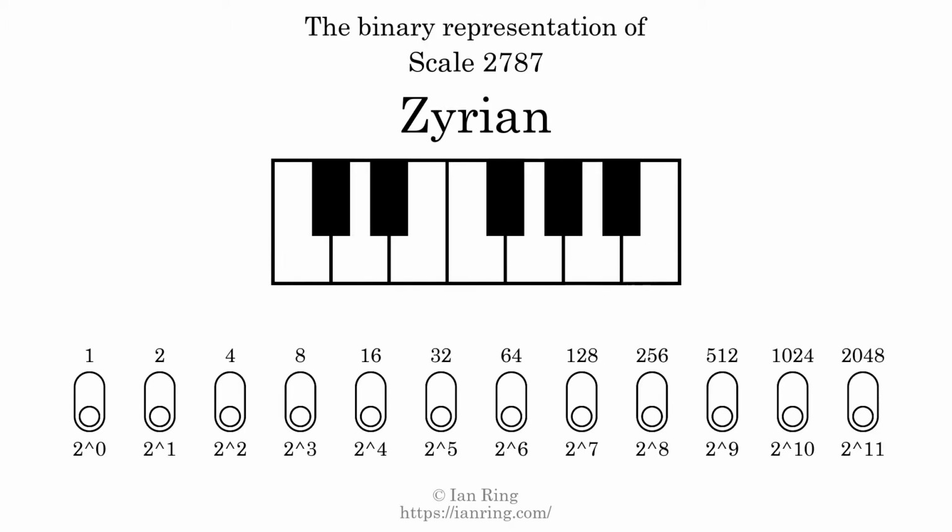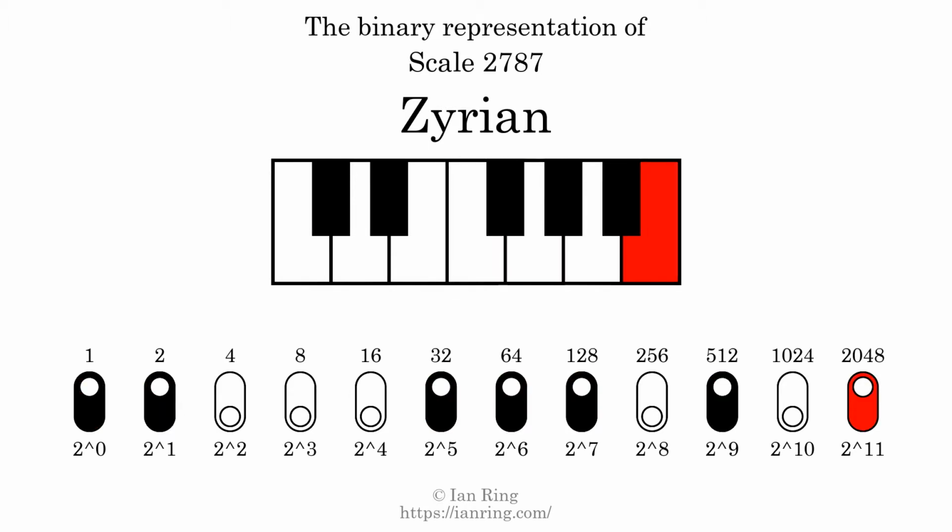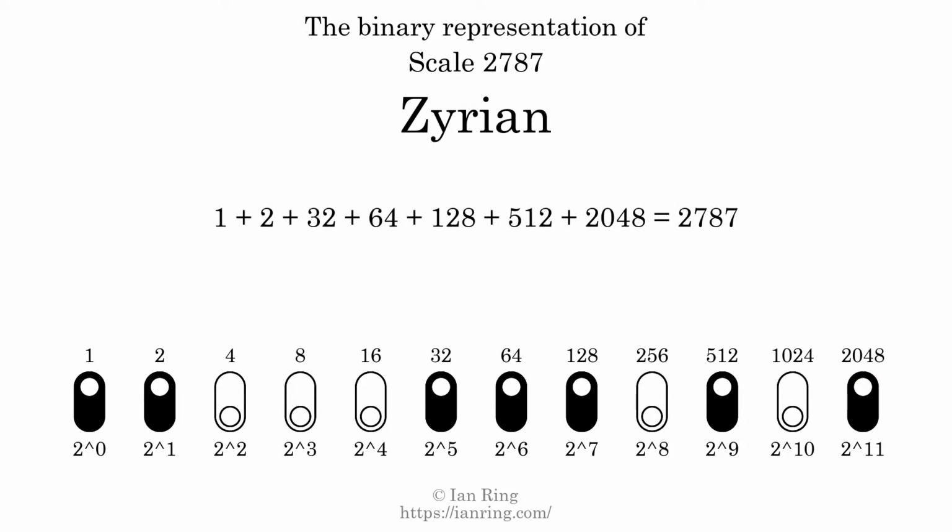The binary representation of this scale is determined by mapping tones of the scale to binary digits. Each binary digit represents a power of 2. To get the scale number, we add the powers of 2 together. The powers of 2 that are present in the scale, all added together, equals 2787. That is why the scale number, in decimal, is